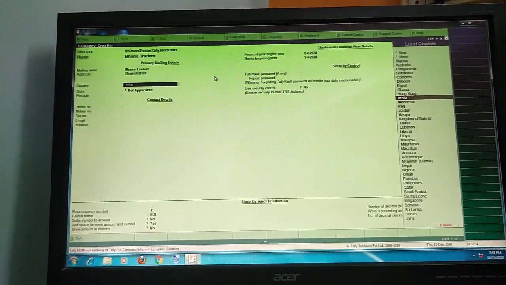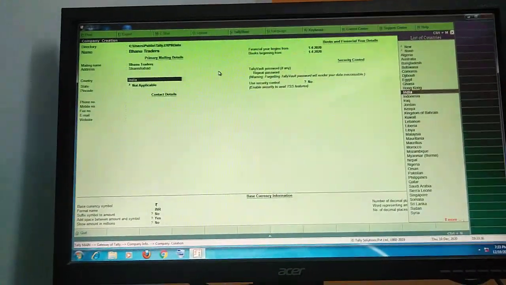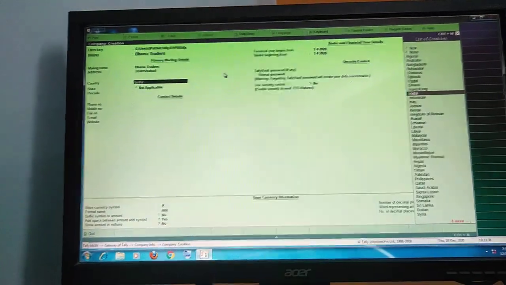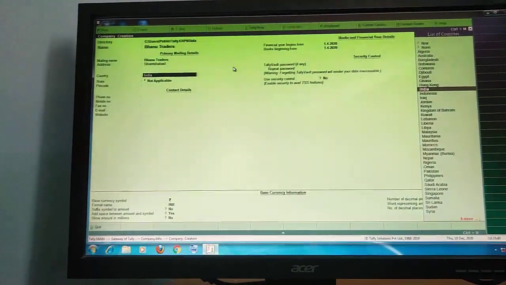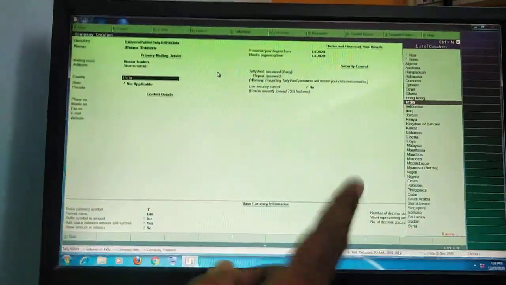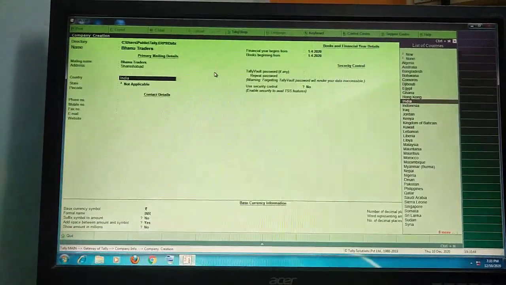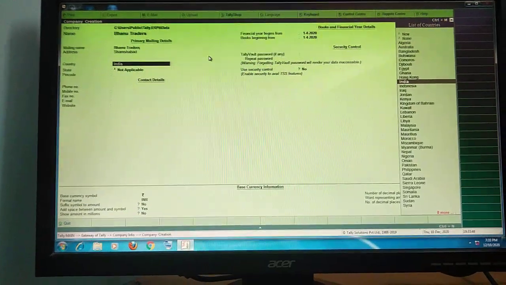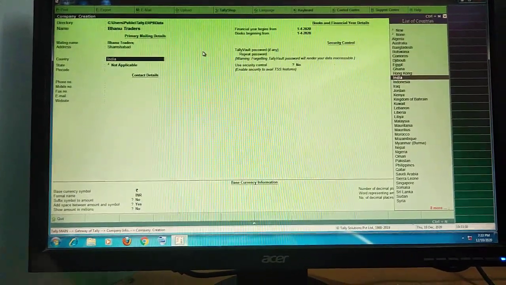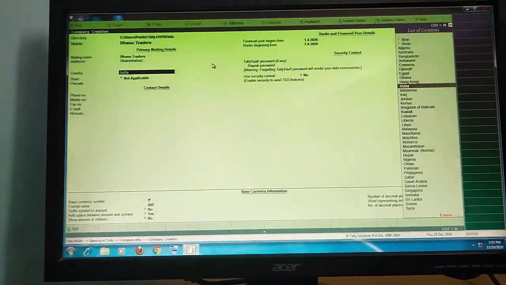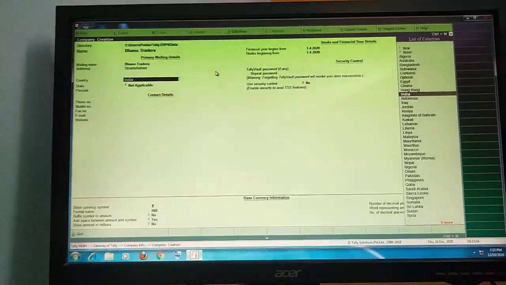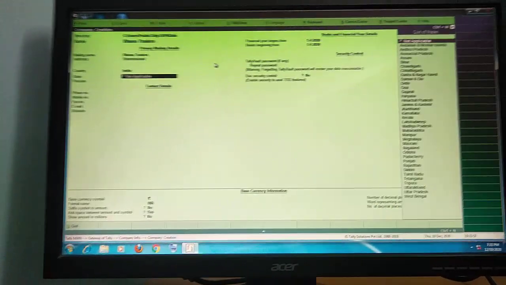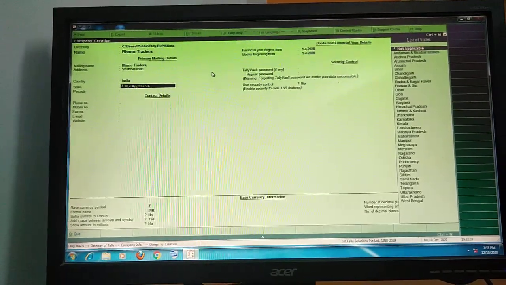Students, the country is India, but there is a list of country names displayed on your computer. On the right side, once again see, students, there is the list of country names. You select the country name, India. The country name is already loaded in Tally ERP9. Just select the country name India. Now you go to the State.